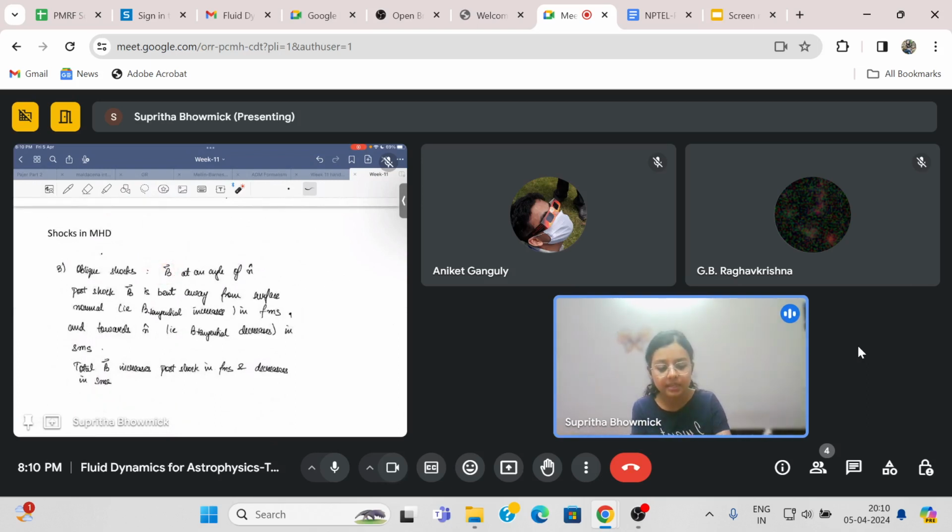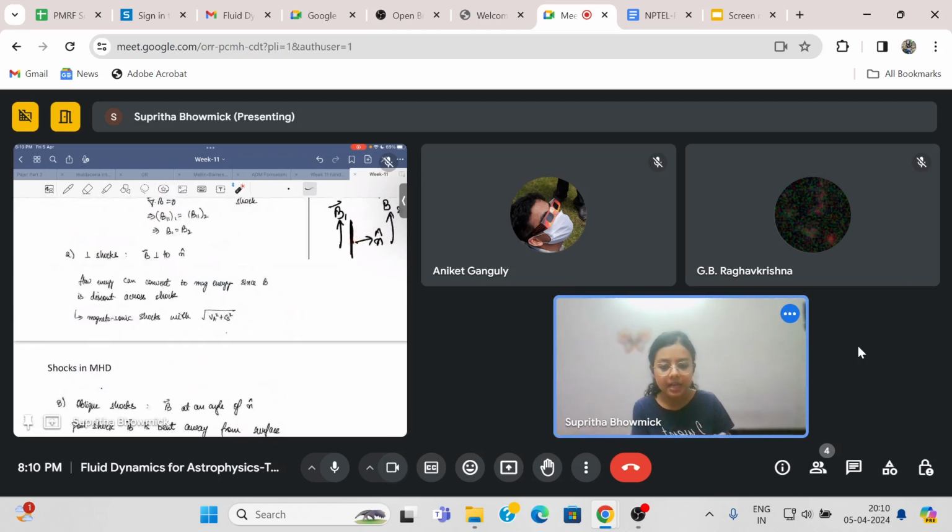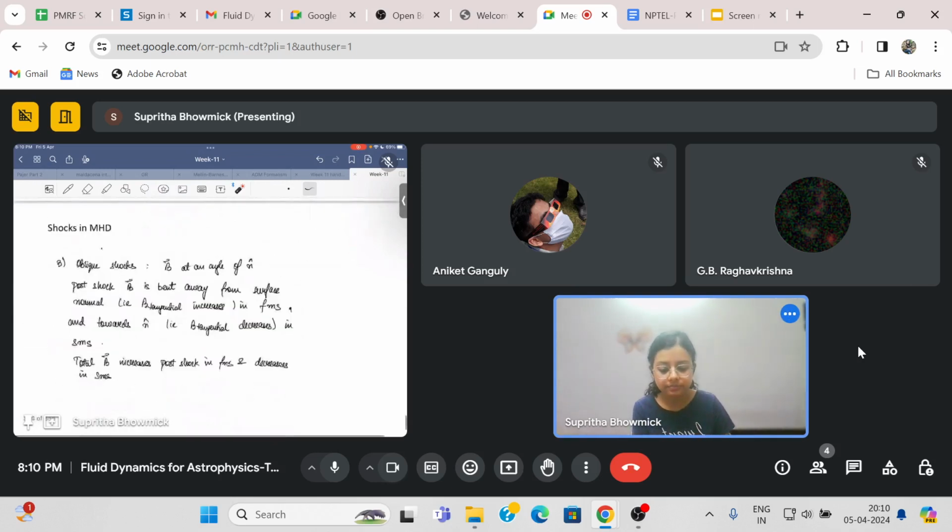The third and the final kind of shock that was studied was oblique shocks, where B, the magnetic field, can make some angle with the shock normal. And then it was told to you that if you're dealing with fast magnetosonic waves, then as the shock passes over the fluid, in the post-shock region, B will be bent away from the normal. So it will actually add to the tangential B, B tangential to the shock surface. It will increase B tangential. And what that will do is it will eventually increase B.